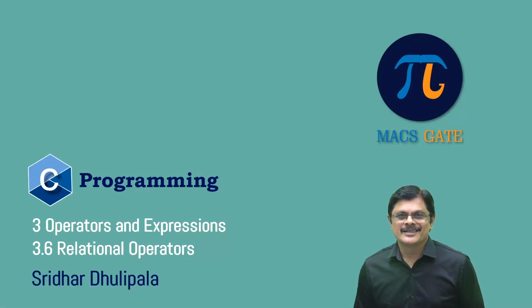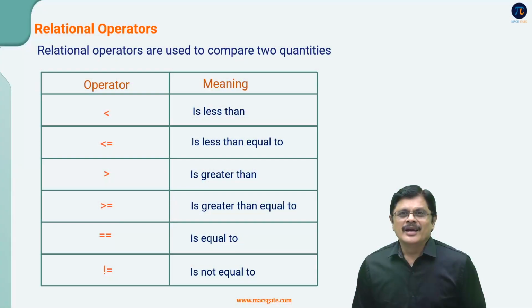Welcome back. The next topic is relational operators. Relational operators are used to compare two quantities. So the relational operators used in C language are less than, less than or equal to, greater than, greater than or equal to, equal to and not equal to. See, here we need to note one very important difference between